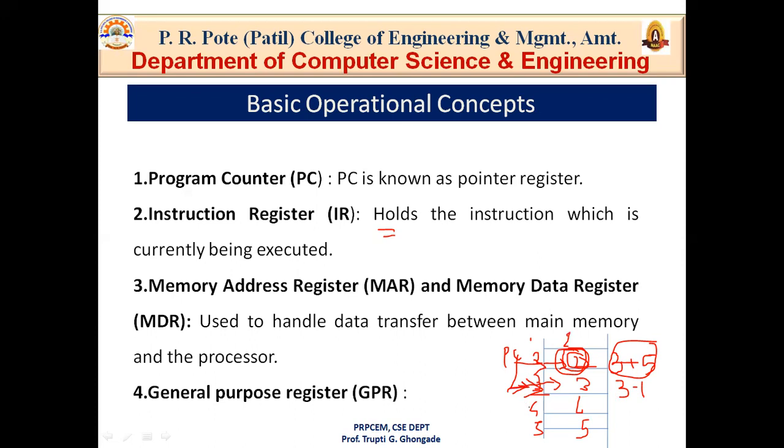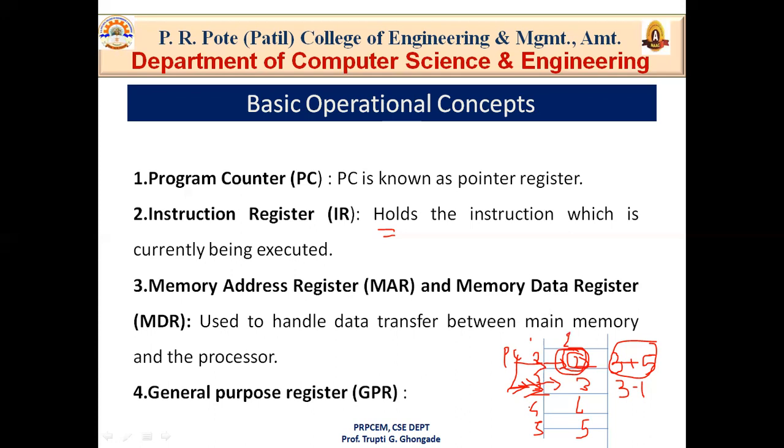So the contents of IR, the contents of the instruction register, are available to the control unit. Why are they available to the control unit? Because the processor has to fetch the instruction from memory, and this fetching is done by the control unit. So the content of IR, that means the instruction currently being executed, is available to the control unit, which in turn generates the control signals, because in a computer system, while doing each and every work, control signals are necessary to perform that task, to control the various processing elements involved in instruction execution.